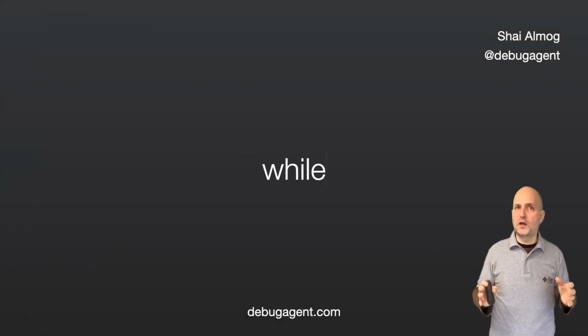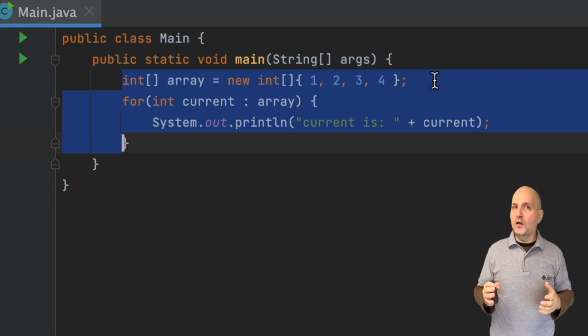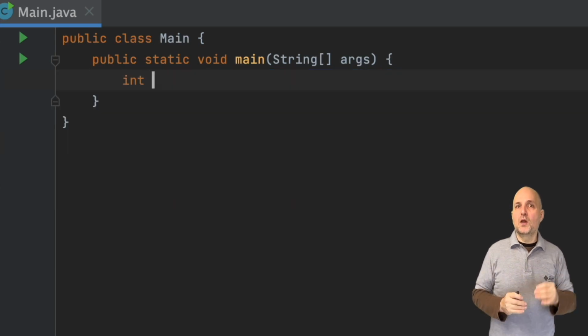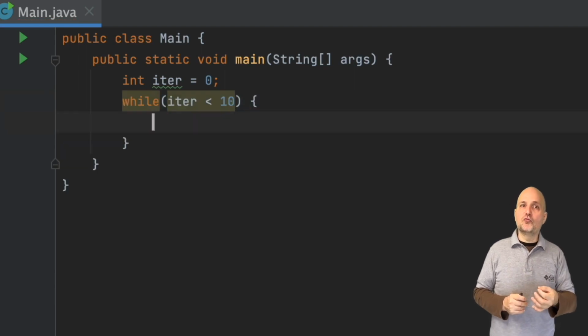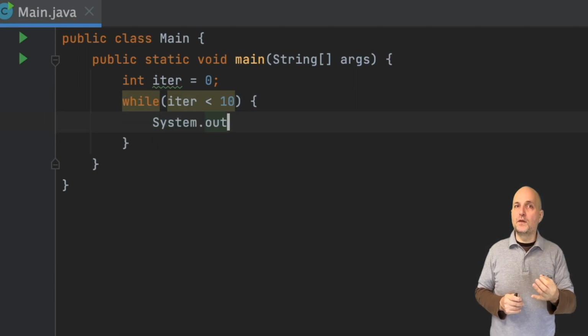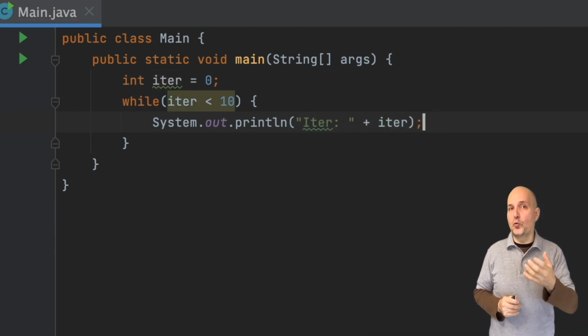The second loop type is a while loop. It too has two variants. The while loop is much simpler. We declare a variable, but it has nothing to do with the loop. It's a regular variable that we will use to count the loop. We only write the condition within the while statement. This is identical to the middle section of the for loop.